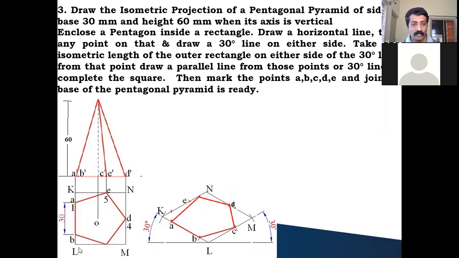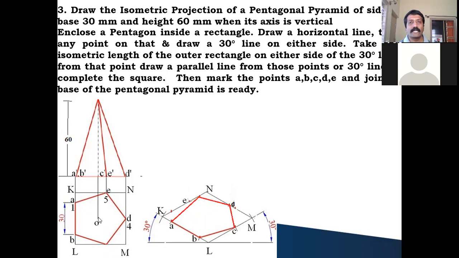So I'm taking this box as LMNK. So I've named it. You can give your own name. Okay. So afterwards, when it is seen from the front side, what you have to do to draw the front view: draw the vertical projector from all the points and find out the center also from the pentagon.